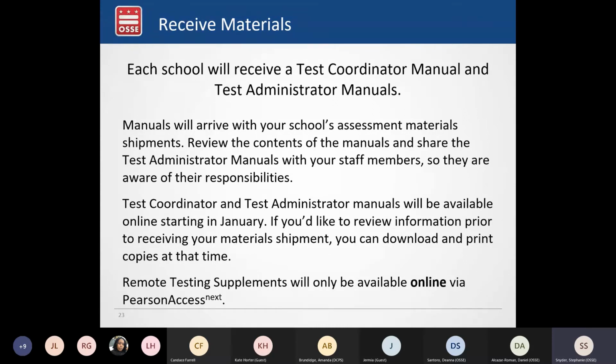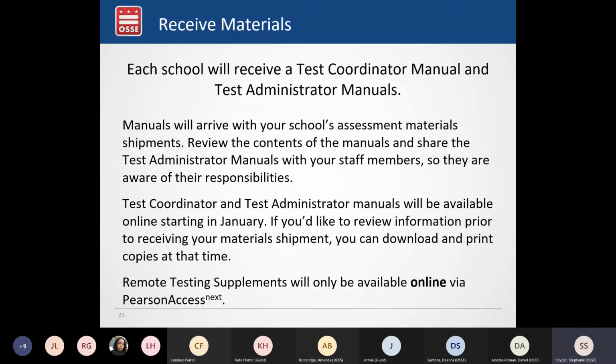There are also remote testing supplements that accompany both the test coordinator and test administrator manuals. Those are only going to be available online via Pearson Access Next, which is the site that you do need to log into. We did share at the PARCC webinar yesterday draft copies of those remote testing supplements.